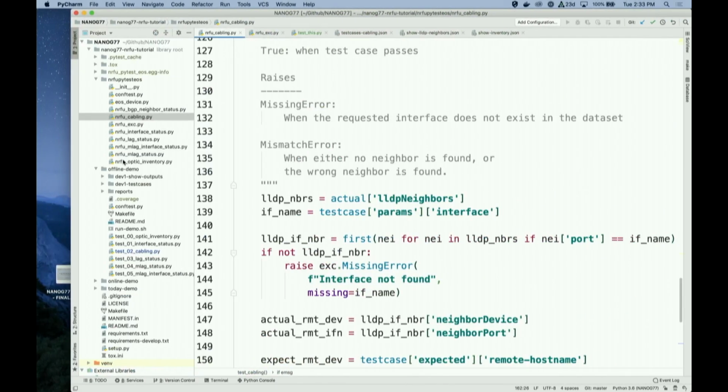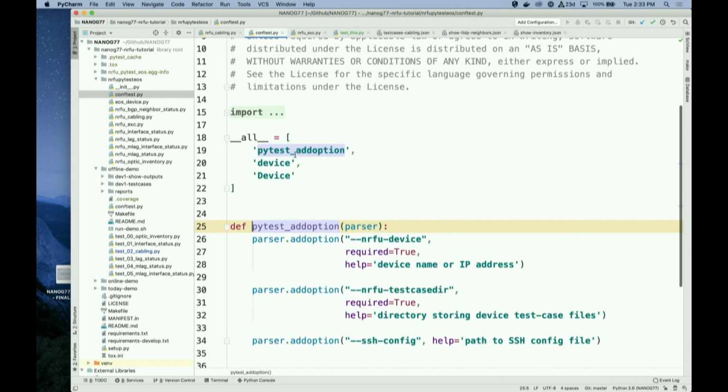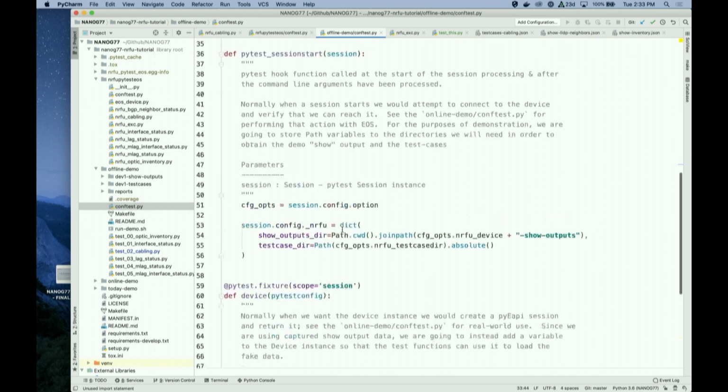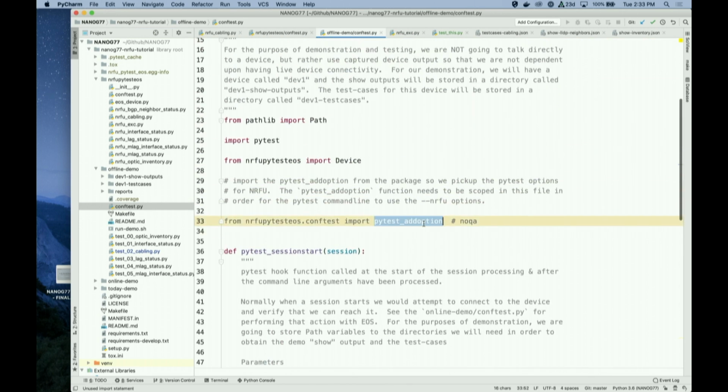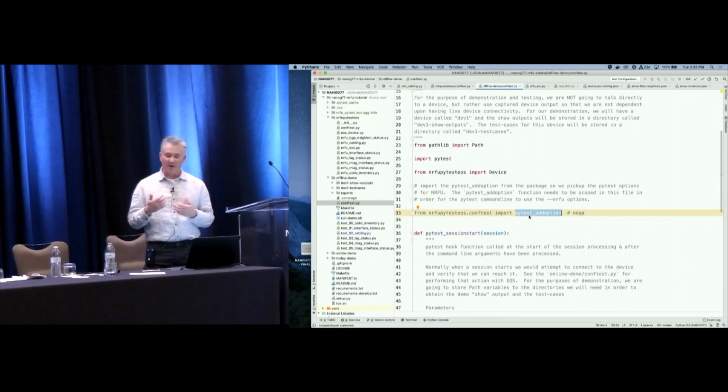OK. So if we look in the library, in NRFU pytest EOS, in that conftest.py file, you'll see this pytest_addoption where this has got defined. So if you import this library and you import this function, you get it automatically. In the offline demo, for example, if we open up that conftest file, you can see that I imported that hook from this library, which means I get it by default. OK? Now, if I wanted to override that and do anything that I wanted,